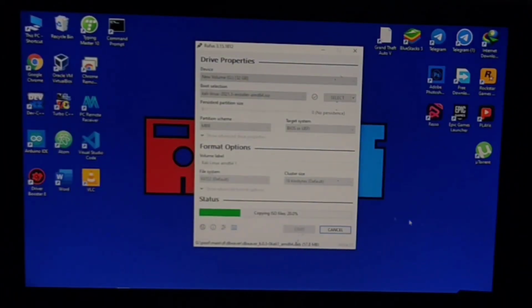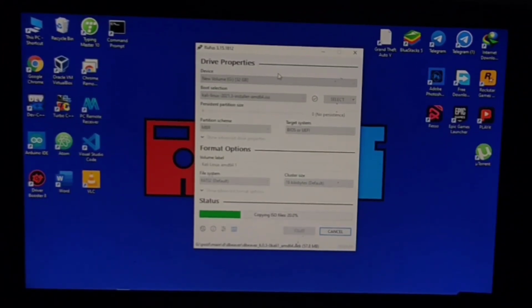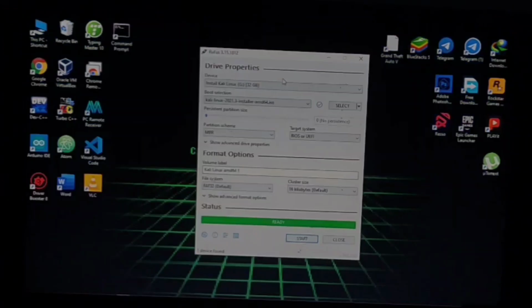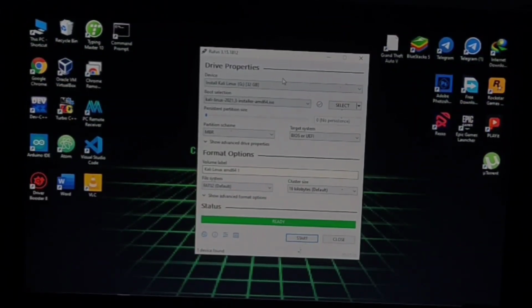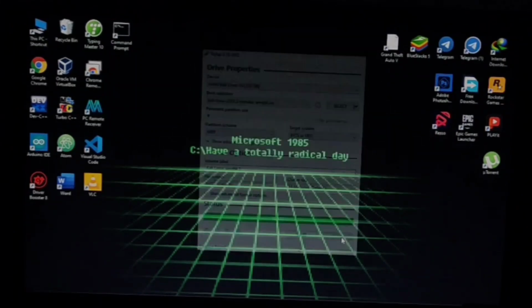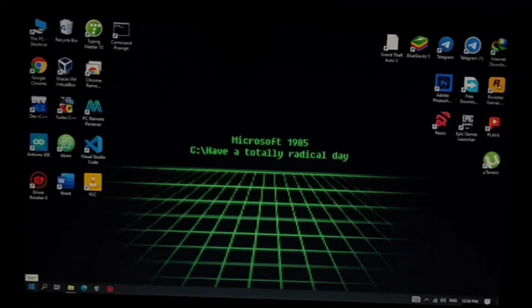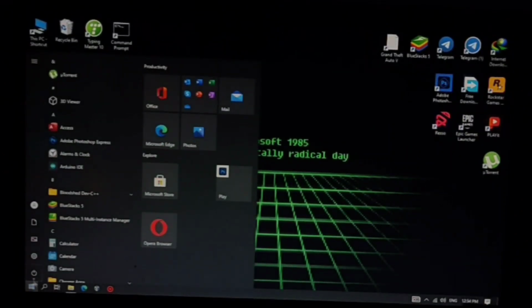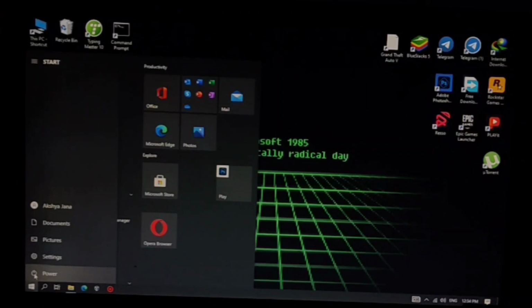We wait for the boot step to complete. After a long time you see that the bootable pen drive is ready. You click close and shut down your computer.